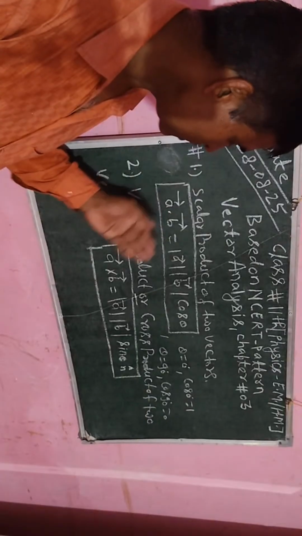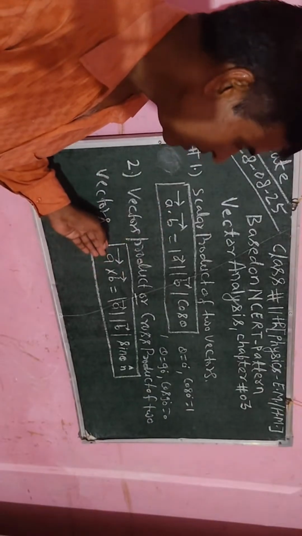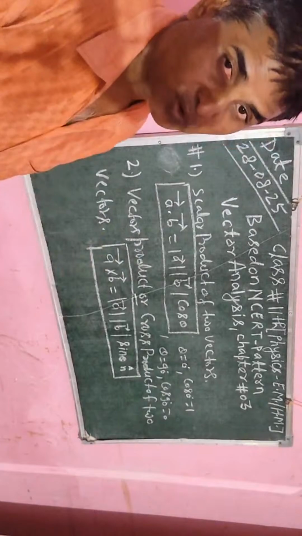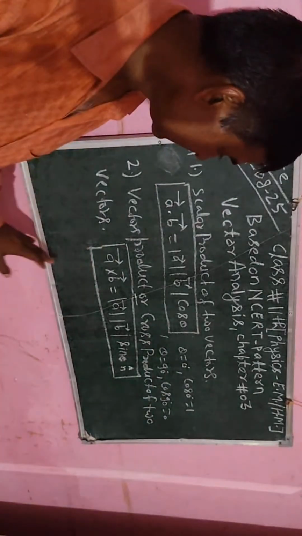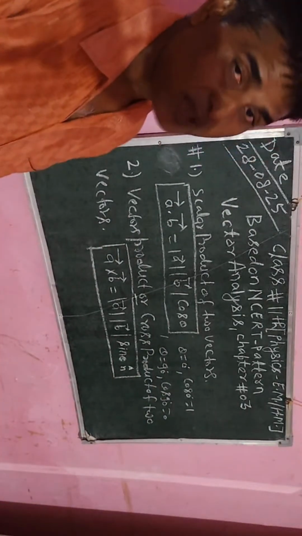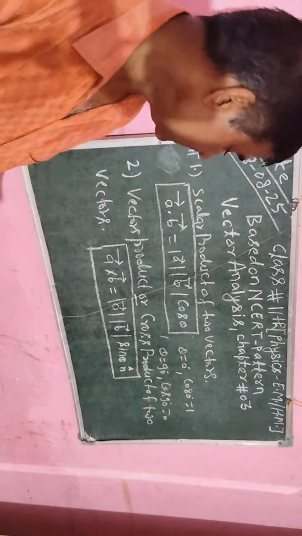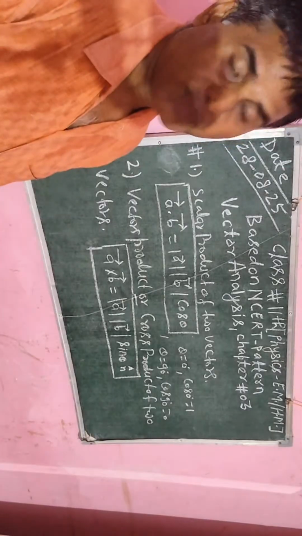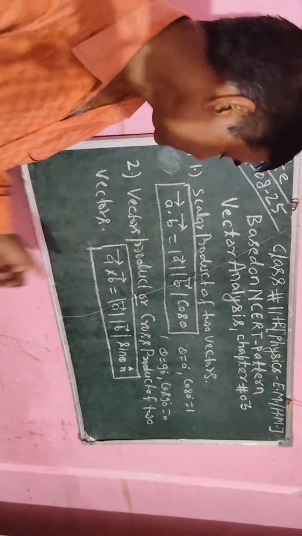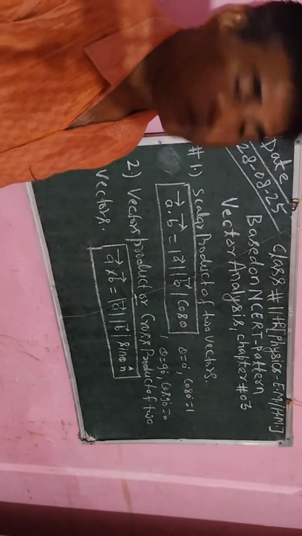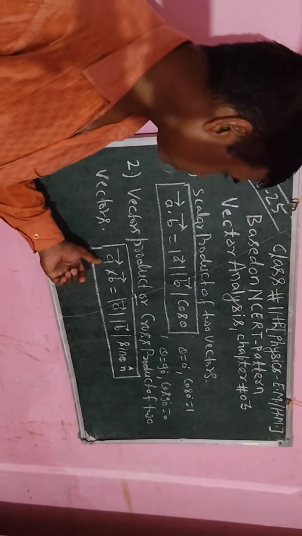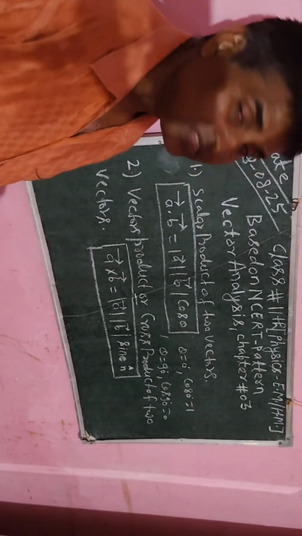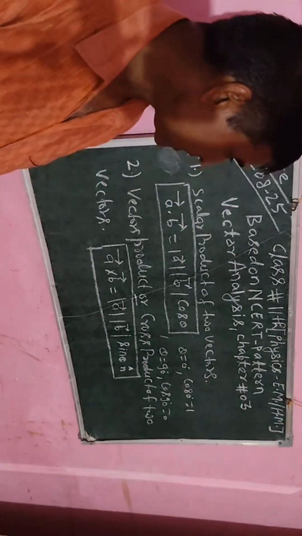Okay, so these two concepts are very important, because sometimes some questions can be on the scalar product, and also some questions can be on the vector product or cross product. So we have to know them clearly, because if we have to calculate the area of a parallelogram, we have to use a vector product, because in this case I will take the